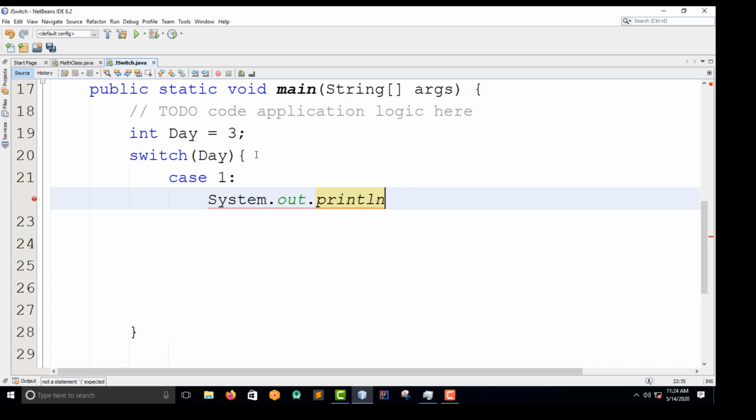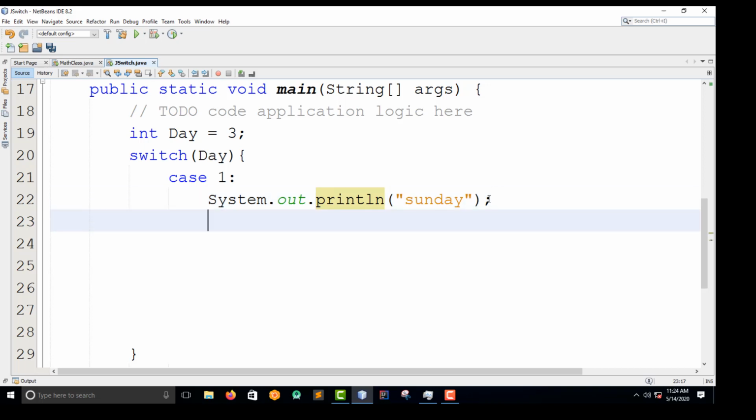And what I want you guys to do in my application to print is, I want to say the first day. I've already said it's a Sunday, right? Sunday. Then I close my case. So guys, what do you think? If in my case the first day is 1, then it's a Sunday, then it's going to print this one. But if it's not the case, what can I do? So I must break this statement so that if this is the case, then it breaks and gets out of the loop or the switch. So I have to break this. Then this is case 1.